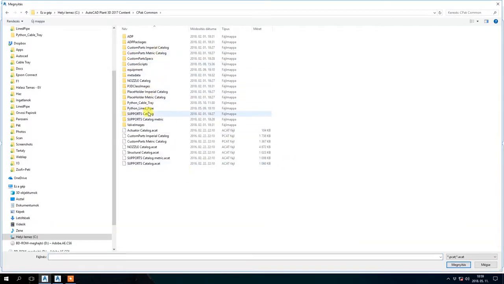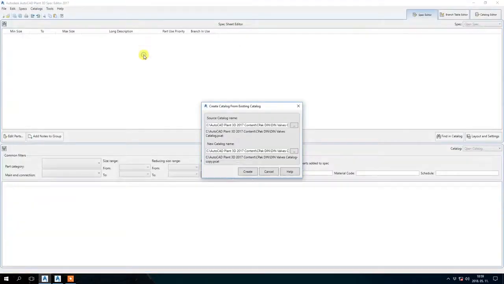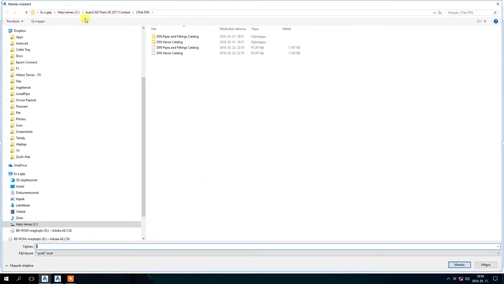You can check one of my folders and use one of the catalogs there, but you can basically use whatever catalog you want. For example, I will check the InValves catalog. This is just the source file, and the new catalog name will be something very similar to that, but I